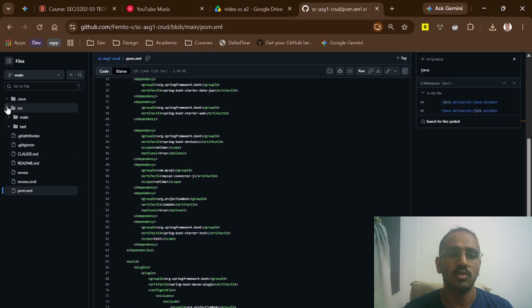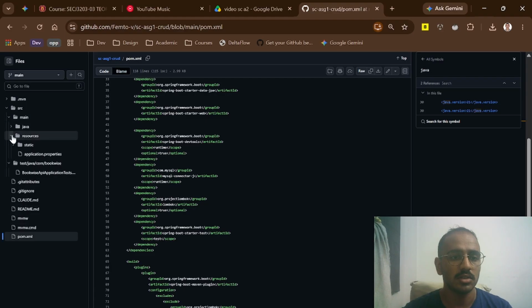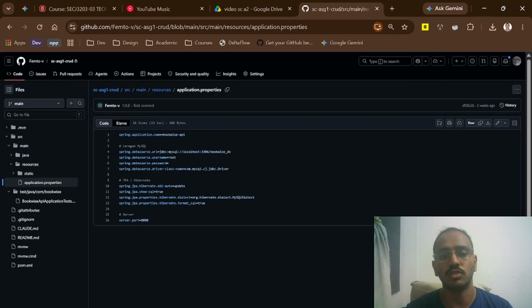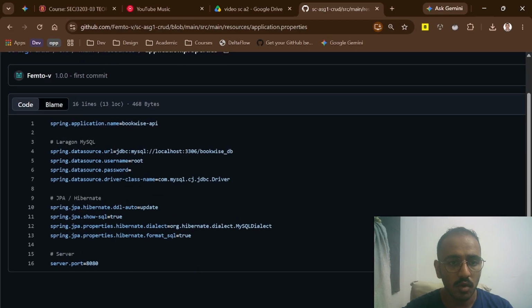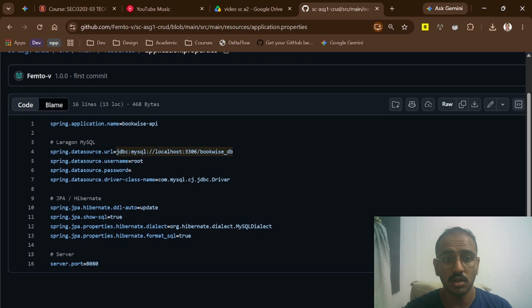Actually, let's get into the configuration. So main resources, application properties. Here we can see the configuration. First of all, we got the data source URL. So basically this is the URL. As you can see, this is the MySQL